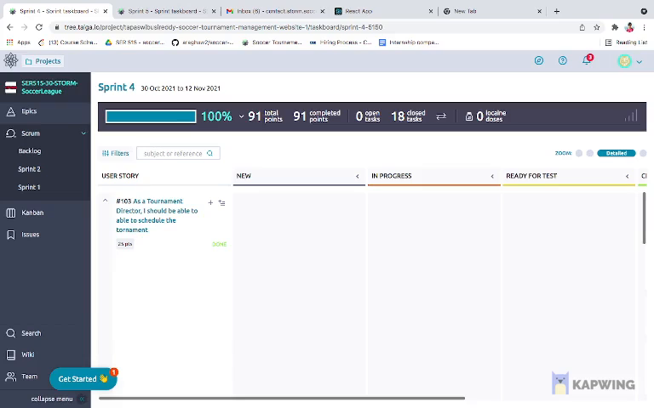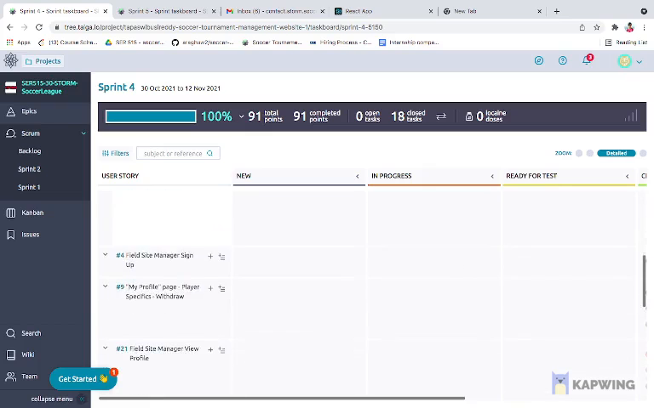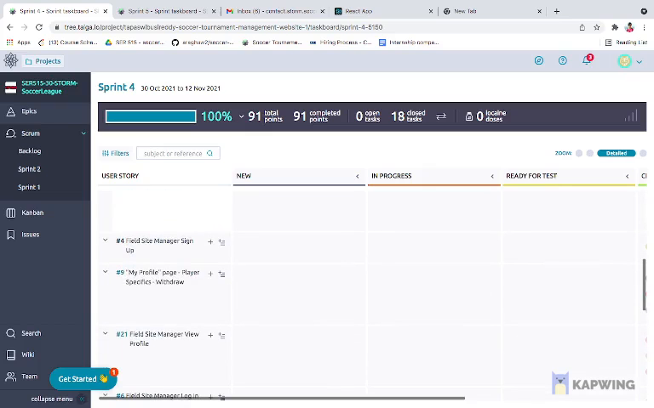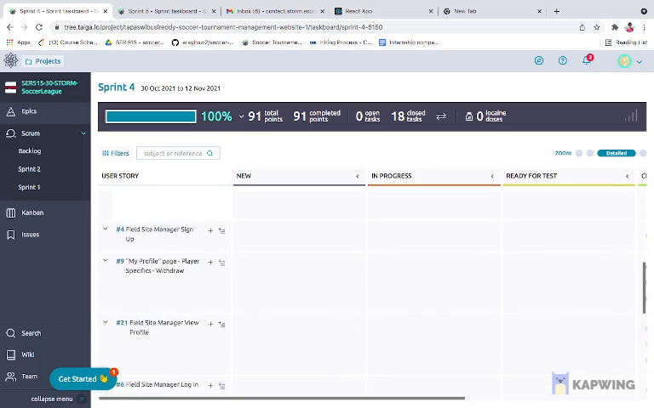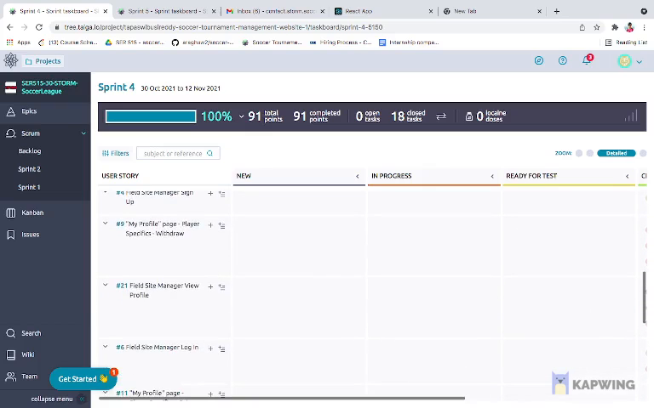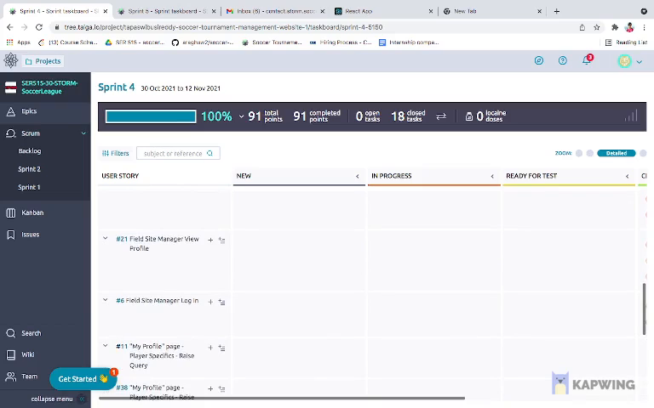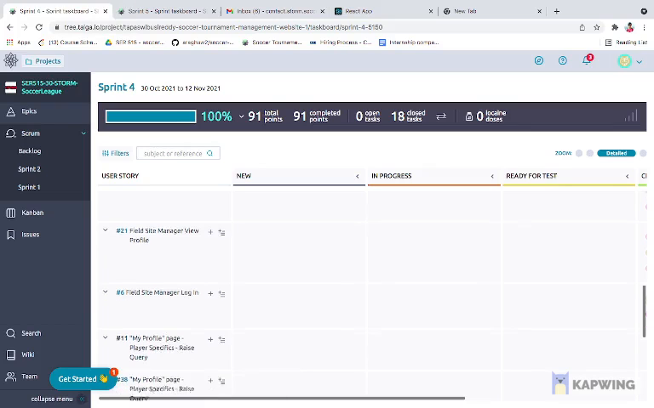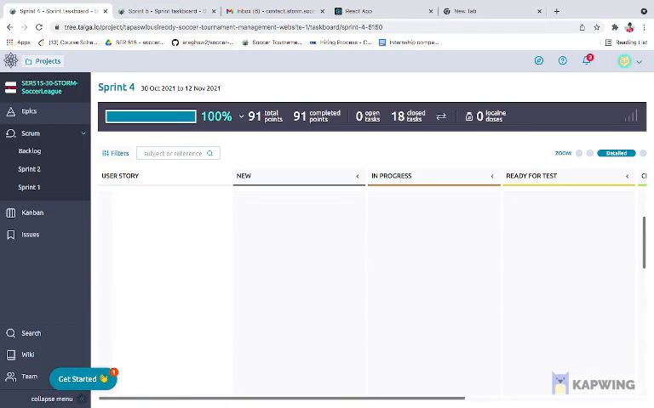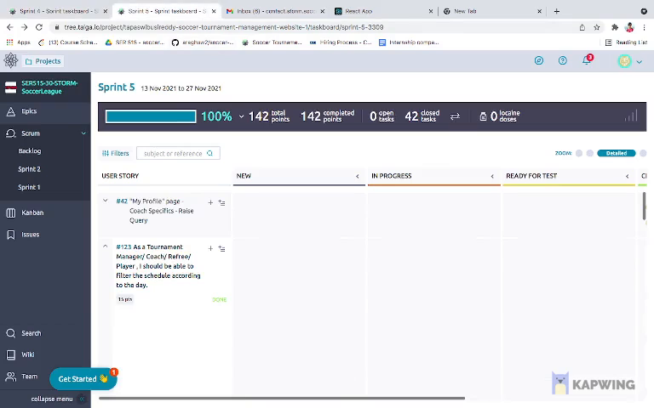As a tournament manager, I should be able to schedule the tournament. Field site manager should be able to sign up. Player should be able to request for withdraw. Field site manager should be able to log in and view profile screen. The player should have the functionality to raise query, and in sprint 5 we covered that the coach should be able